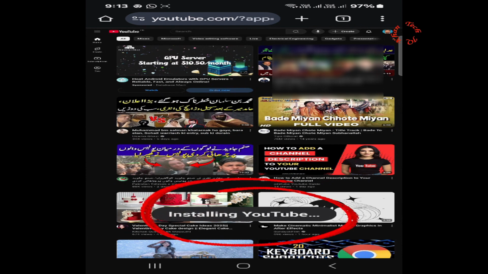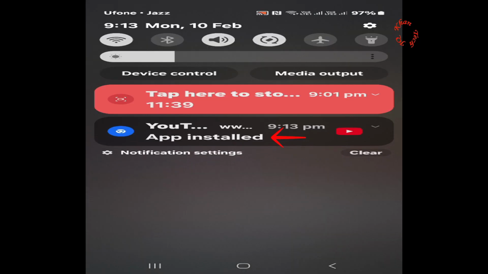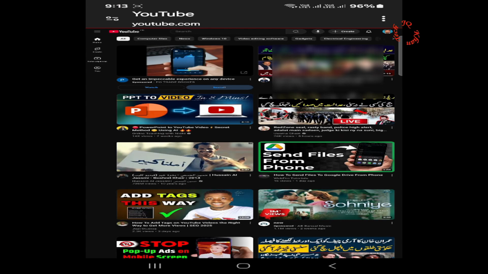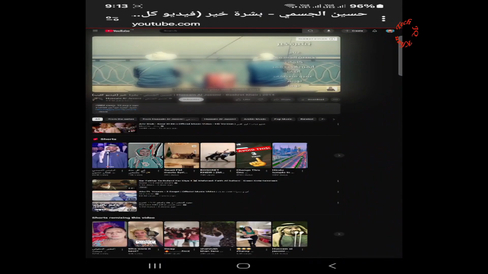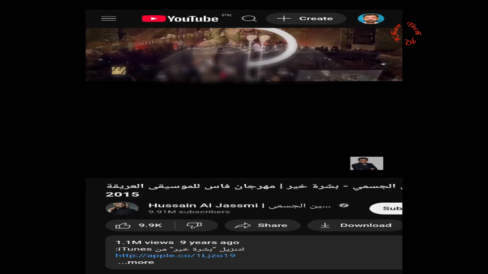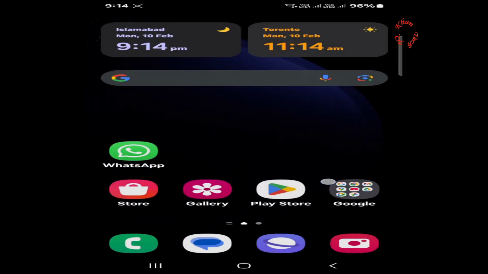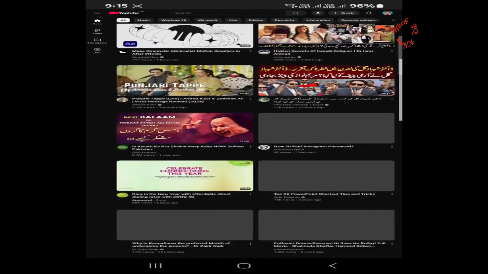Now it's installing YouTube in the browser. You can also see it from here, and your YouTube will normally play in the browser the way you see. It's in the browser, and my YouTube is normally playing. So this could be a solution for your issue currently available on YouTube. It's in front of you that it's playing normally. And this will work in all mobile and all